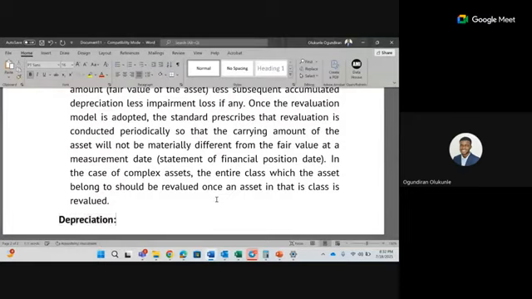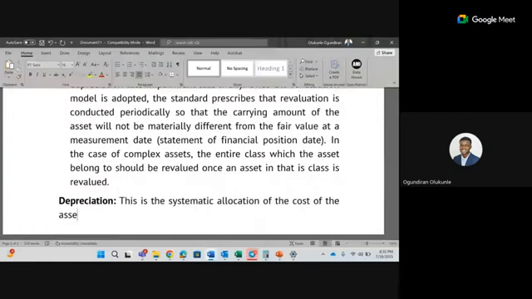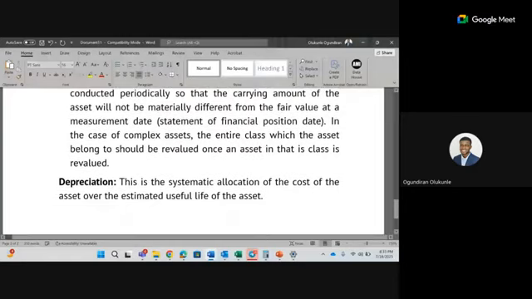So depreciation is the systematic allocation of the cost of the assets over the estimated useful life of the asset. That's what depreciation is, right? But that systematic allocation is a little bit subjective because of the provisions of IAS